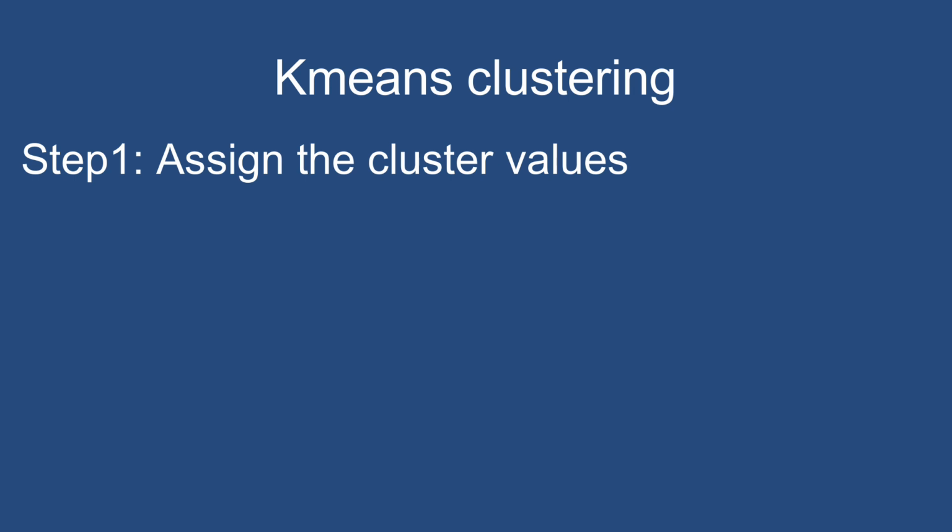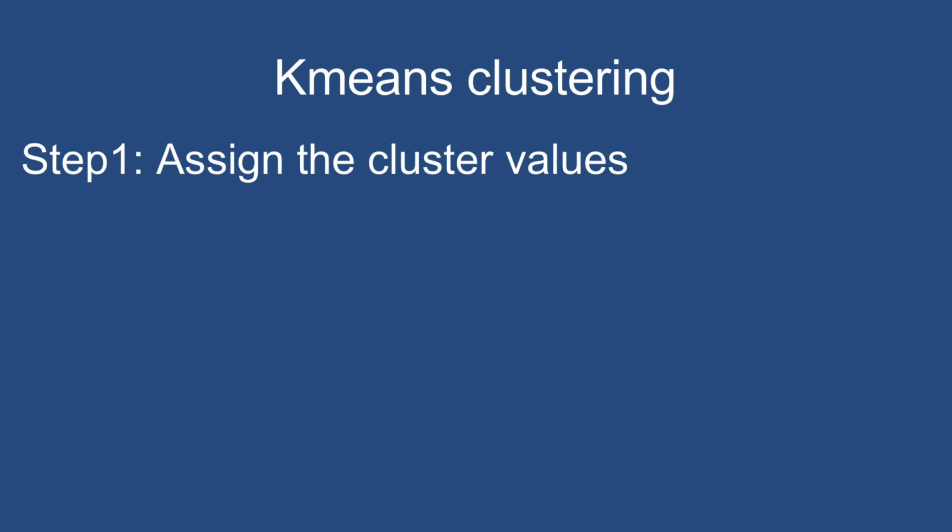Suppose if you want a 4 cluster formation, then you have to assign the value 4. Remember this step, the cluster value always depends upon your dataset. Based on your data, you have to change the cluster values. There is one method called the elbow method that is used to determine the cluster values. But in this case, we already have the cluster range and we don't need this method here. Okay.